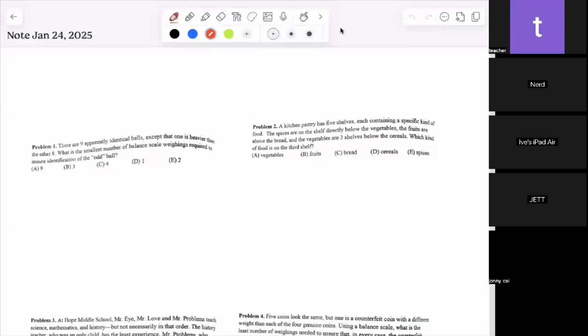Let's start it. So, problem one states there are nine apparently identical balls, except that one is heavier than the other eight. What is the smallest number of balance scale weighings required to ensure identification of the oddball? So basically, you have to weigh 4 on 4, and if that doesn't work, then you have to weigh